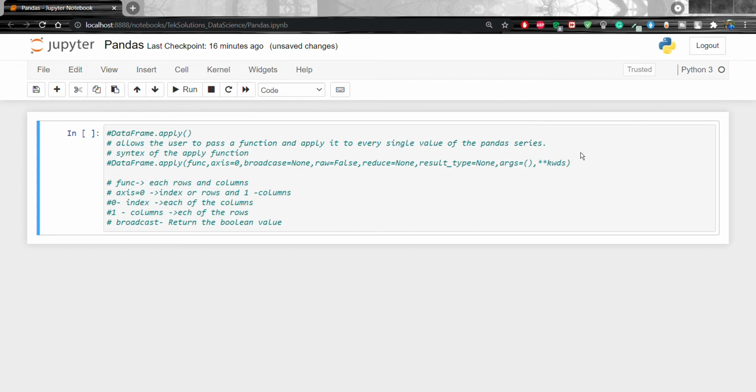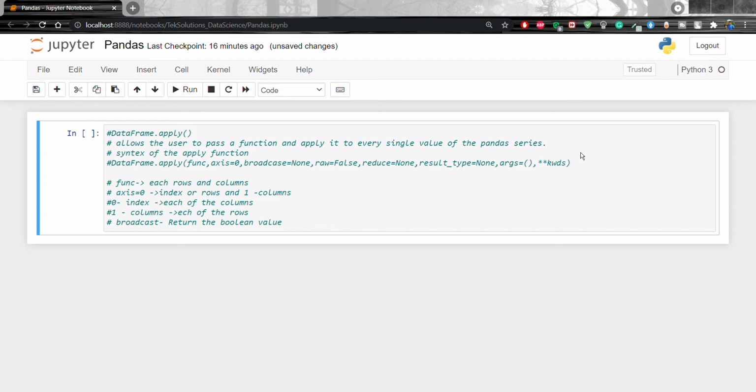Okay, so p will be 8 and q will be 28. So axis equal to 0 means we are going to sum the columns. Okay, shift enter, right? P is 8, Q is 28. Okay, this is clear.